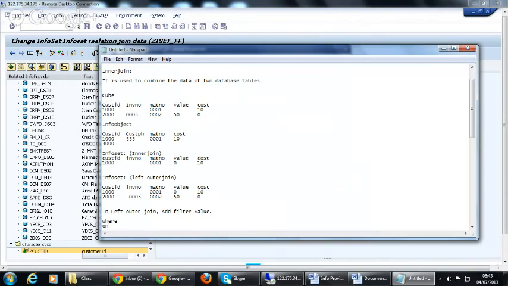When you use where, you have a condition.